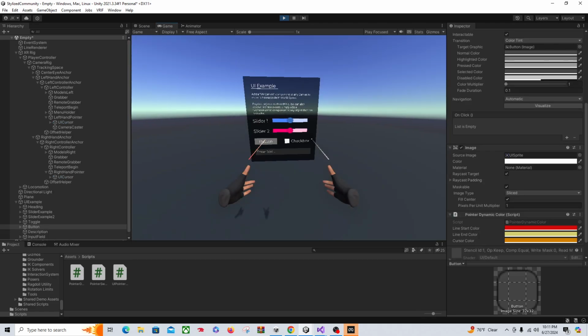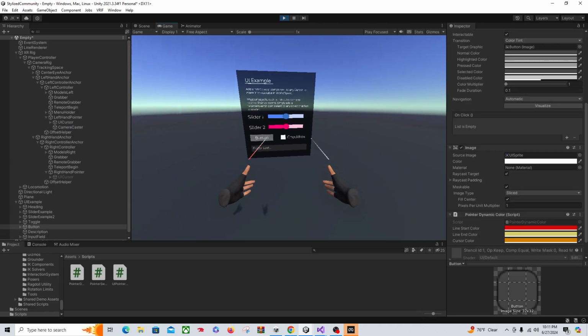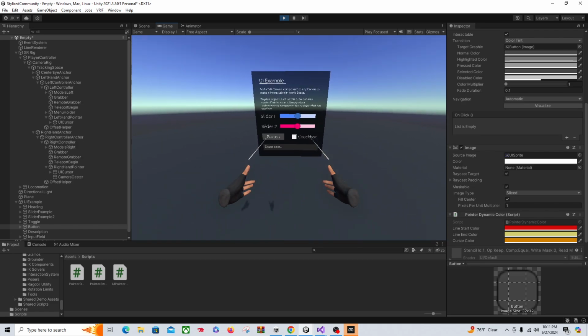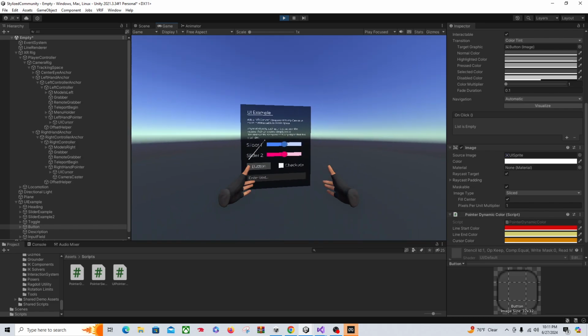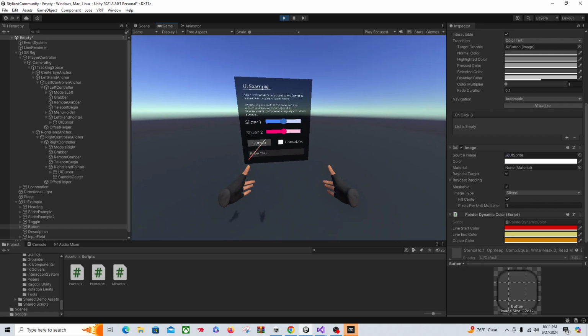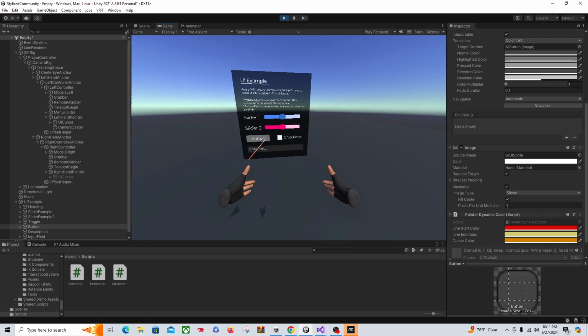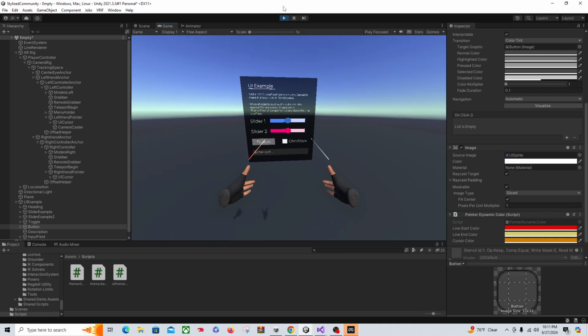Now when we do it, we should get the dynamic color changing. There you go. And obviously if you turn the bool off for dynamic color changing, it won't use it at all. But this will allow you to change the color of your line rendering your cursor depending on what you're looking at. Now for haptics,